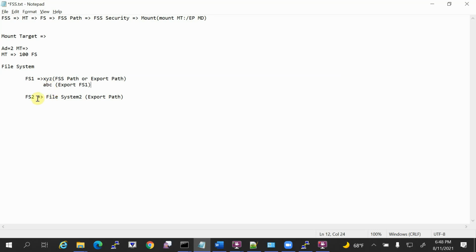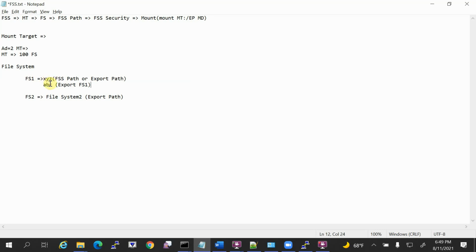In the same way, the file system FS2 is referred to by the export path called file system 2. But each export path can refer to only one file system.